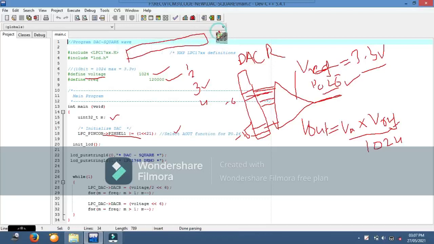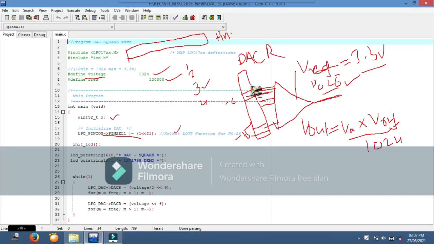We have the pin select 1 register; like that we have pin select 0, pin select 1, pin select 2, 3, 4, many pin select registers, which are used to tell which function the pin needs to perform, whether pin 0.26 performs function 1, 2, 3 or 4. At a time P0.26 will perform only one function, either 1, 2, 3 or 4. But here we need to perform the third.